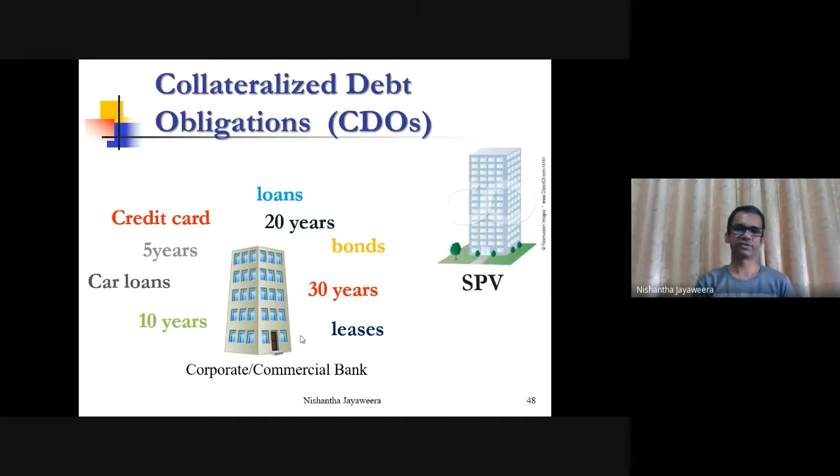That's one of the reasons for the 2008-2009 global financial crisis. Since the investment banks could transfer their assets to SPVs, they did not do proper analysis on the borrowers. They tended to lend to subprime borrowers,